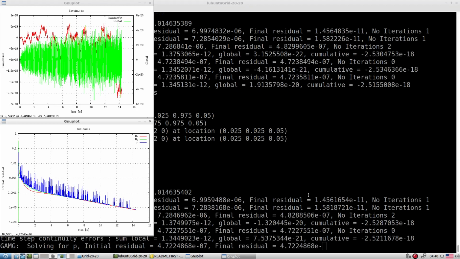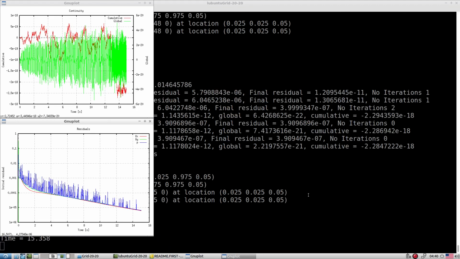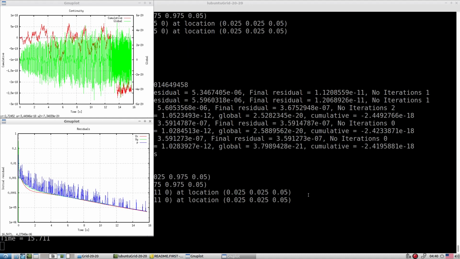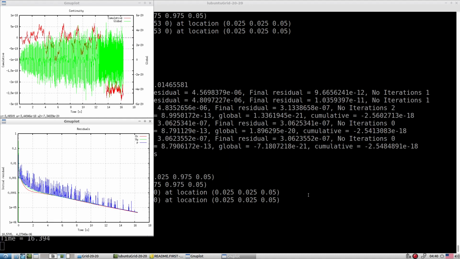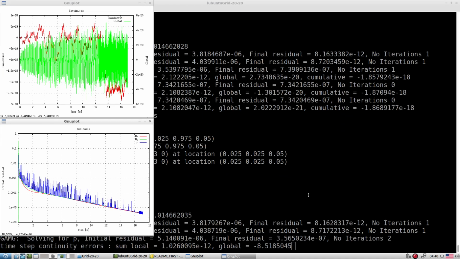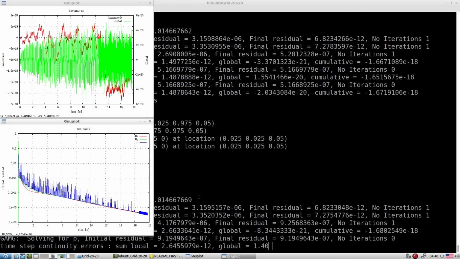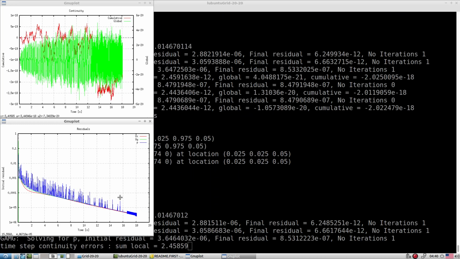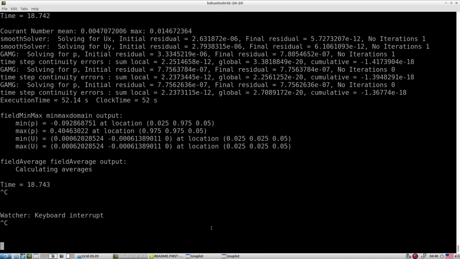So we are running the steady state simulation with the help of the transient solver, and the next stage is to run the steady state simulation with the steady state solver and compare both solvers' results. That is the very good exercise we are going to do. Let's say 10 to the power minus 6 or so is a pretty well converged solution, so I am interrupting it.